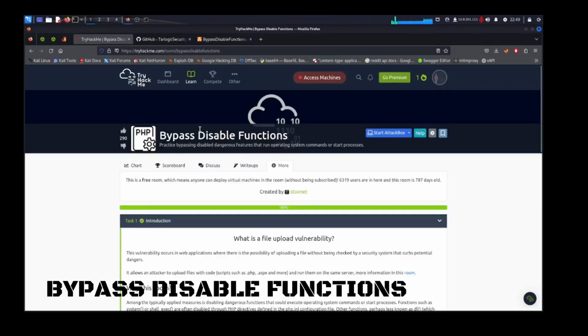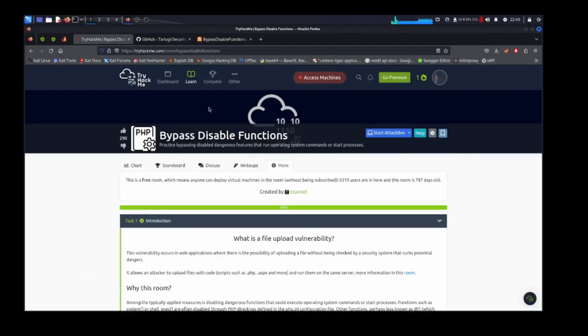Hi everyone. So today we're going to do the Bypass Disable Functions CTF on TryHackMe. Now this CTF contains a file upload vulnerability and you'll see how it's done. Before we start, I'd like to break down, because file upload vulnerability has a few subcategories like lack of